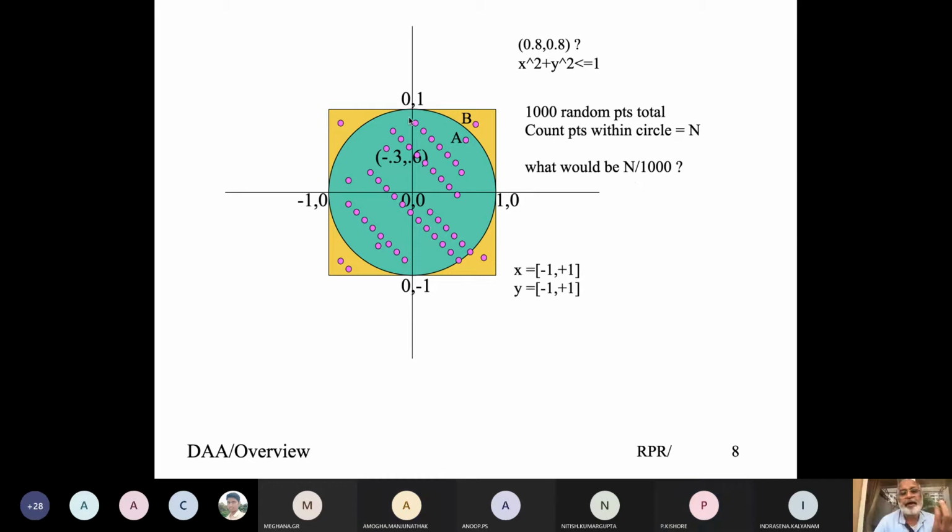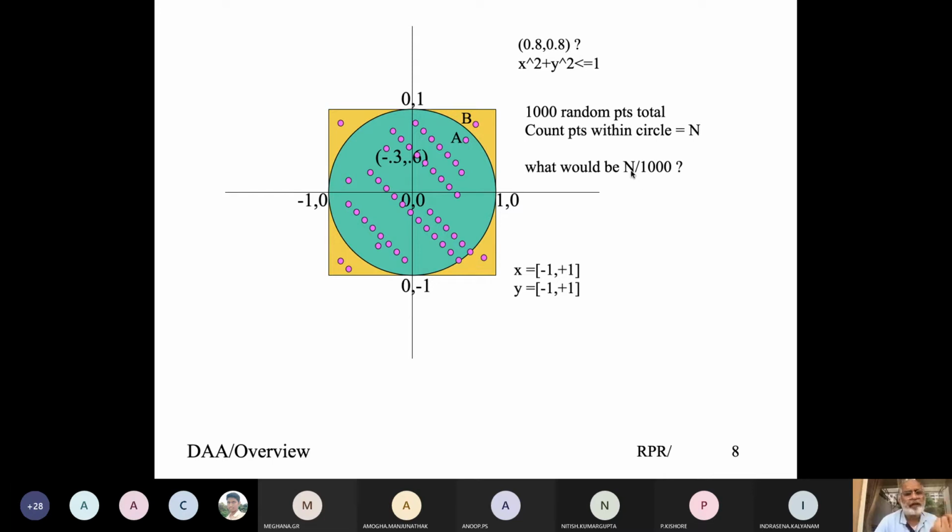I'm saying n represents the area of the circle, 1,000 represents the area of the square. So what would n by 1,000 give me? Pi by 1,000, sir. Not pi by 1,000. 1,000 represents the area of the square. N represents the area of the circle. So what would be n by 1,000?